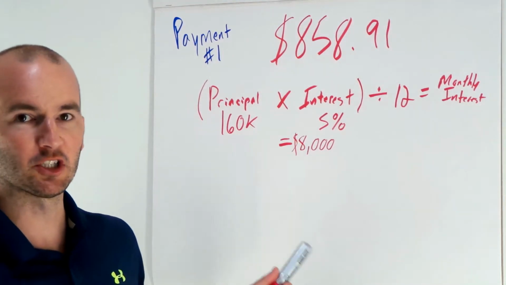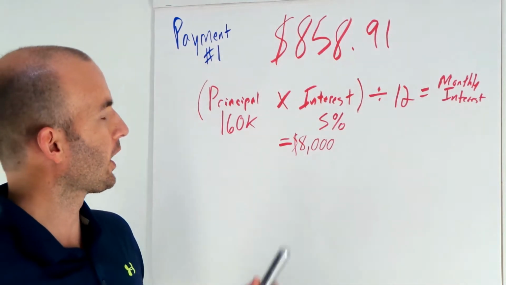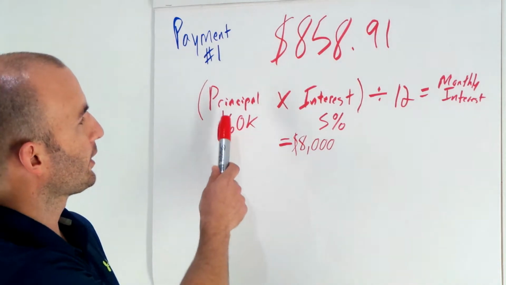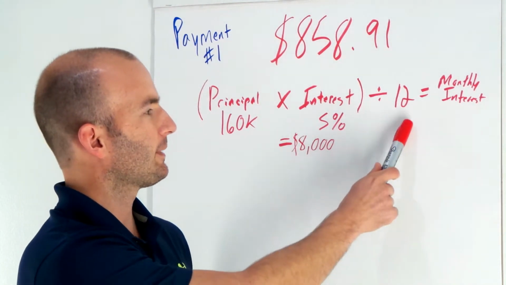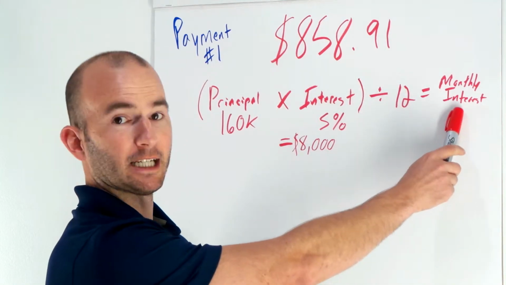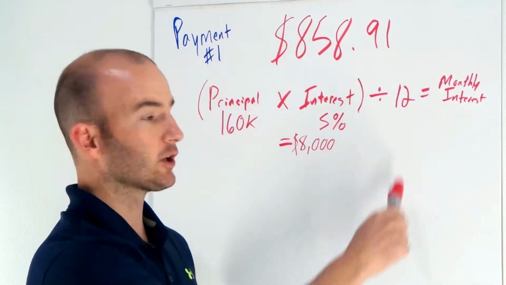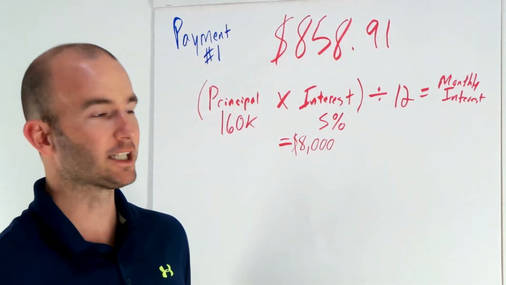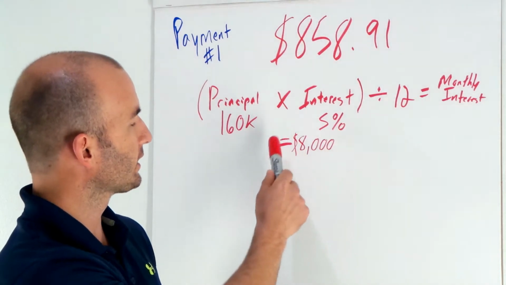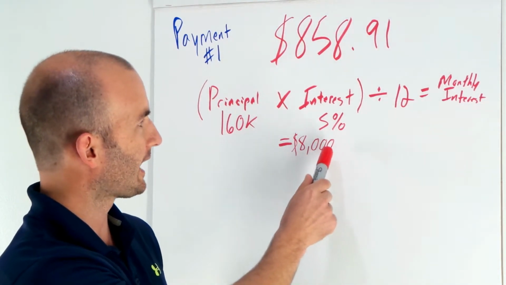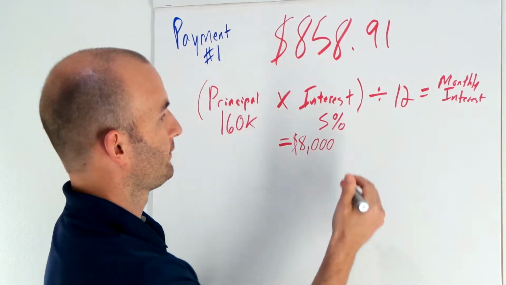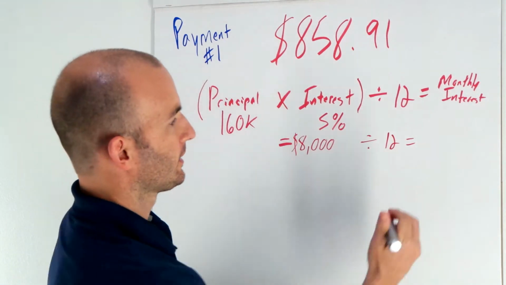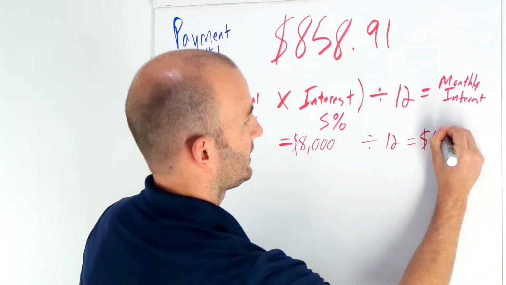There's an easy formula we can use, and we can use this for every month of the life of our loan to figure out how much is going to go towards our interest. It is just principal times interest divided by 12 will give you your monthly interest, or the portion of your monthly note that is going to go towards your interest. In our case, our principal is $160,000. We have 5% interest, which means that our yearly interest cost is going to be $8,000. And then we divide that by 12. And when you do that math, the answer comes out to the devil's number,